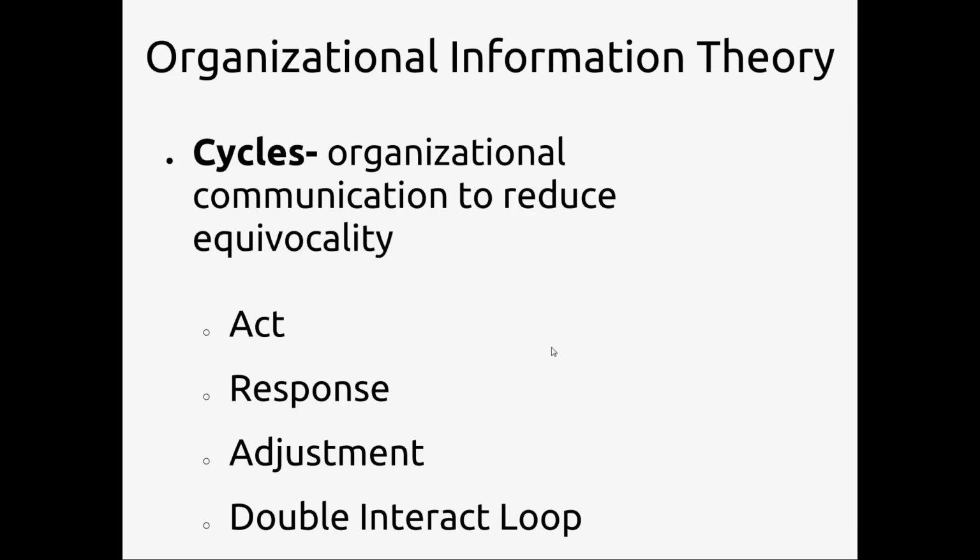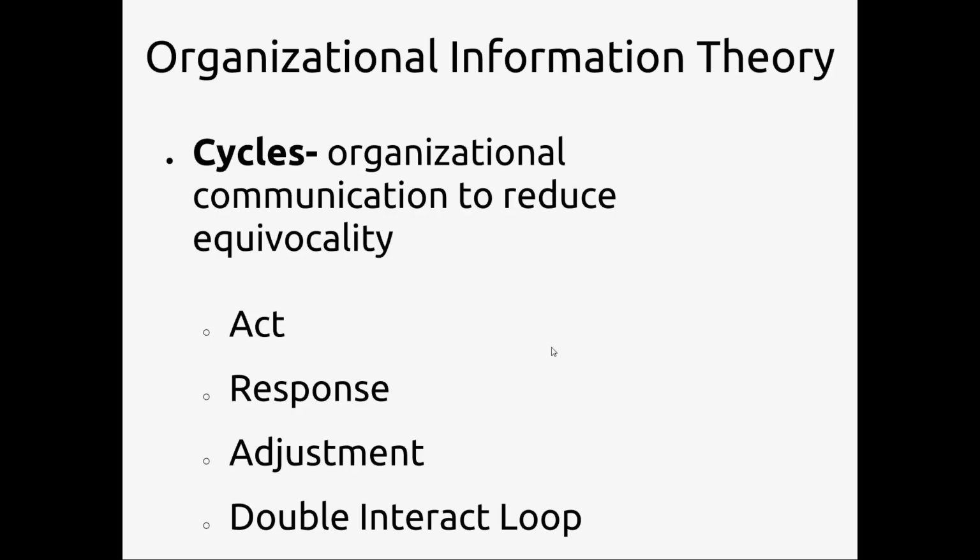And finally, the double interact loop refers to this 3-step process when it repeats itself. And in real life, when you're going through this process over and over again, this is reviews, meetings, interviews, meeting with each individual employee to see how they're doing. We do assessments for our basic COM 1500 class that is like a double interact loop.